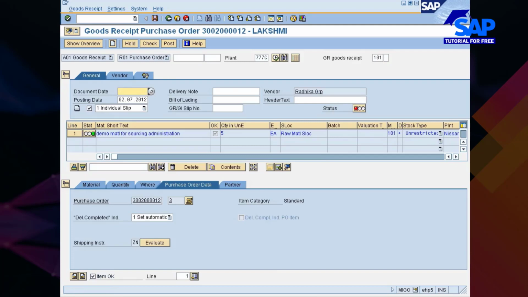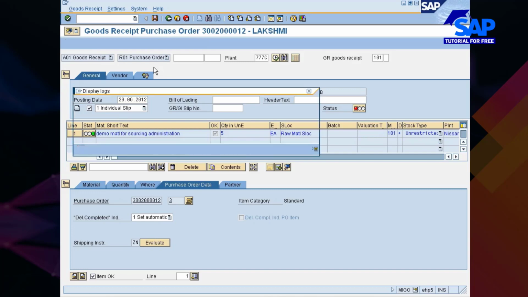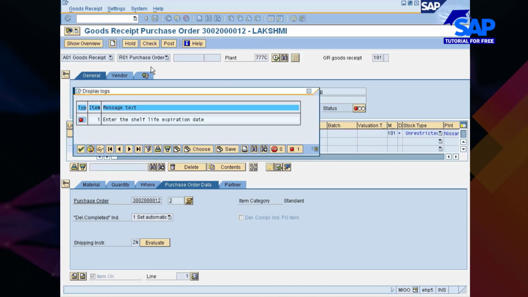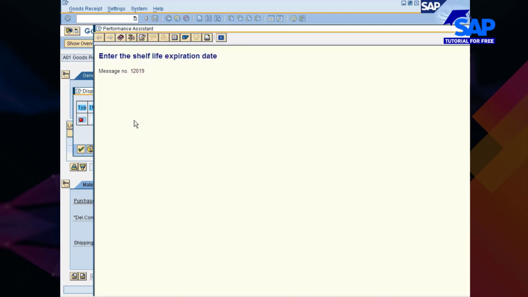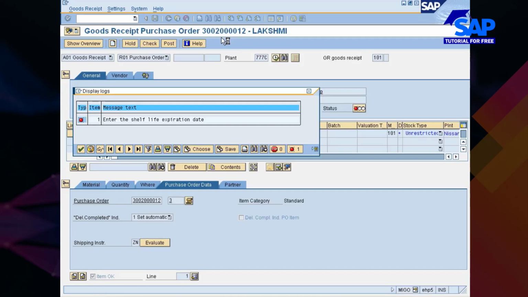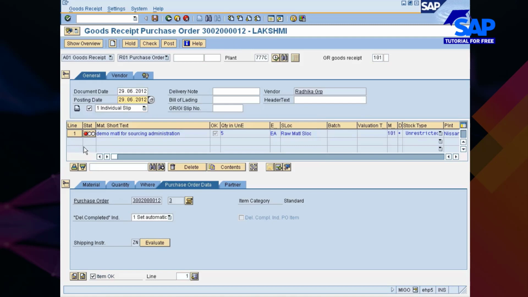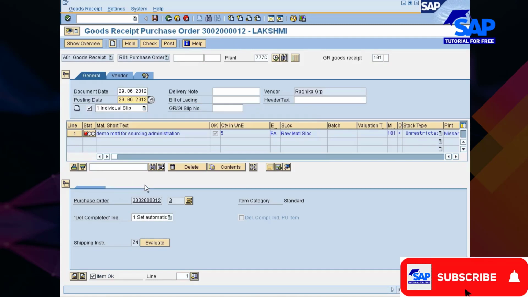Let me complete this one. Now you see here, enter shelf life expiration date. Why? Because you have maintained the SLED activation.